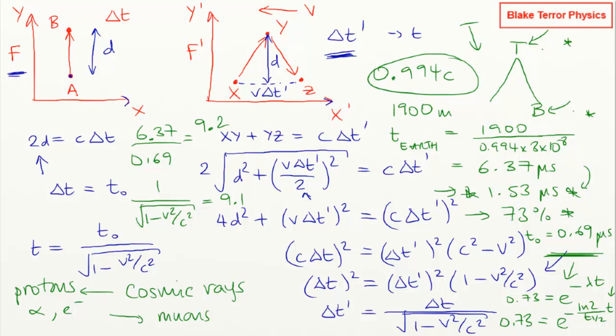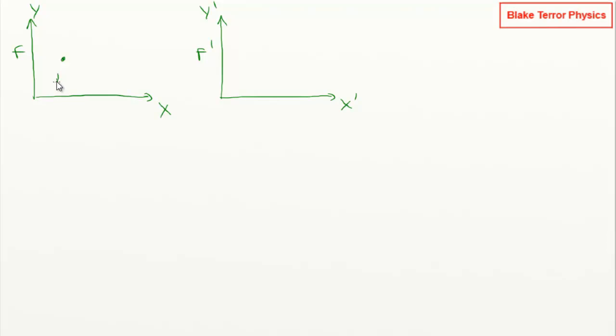Right, so let's push on then with length contraction. So I'll go over to the length contraction derivation. So we're going to have the same thing then with 2 frames of reference. We'll have a rest frame, we'll have a moving frame. So we're going to have the same stuff, F and F prime, our y prime, our x prime, our x, our y. We're going to have a source, A. We're going to have a mirror,